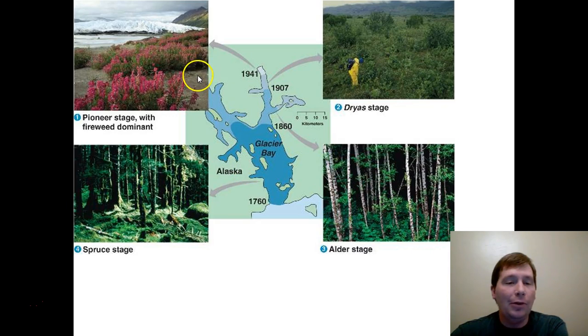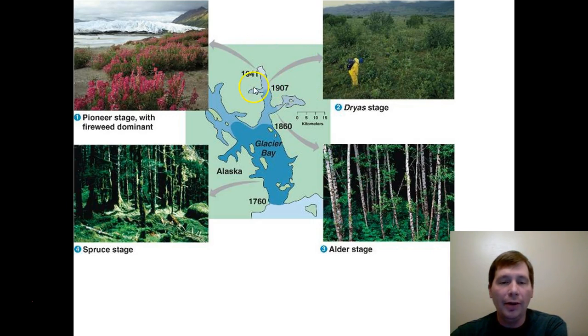Now what happened is when a glacier melts, there is no soil. Underneath the glacier is nothing but bare rock. And so as this glacier melted, it left bare rock, and we can see the process of primary succession. This area was covered by the glacier just 50, 60 years ago. And as the glacier melted, it left behind bare rock, and you can see what living things are living there now, okay, flowers and brushes and so forth.